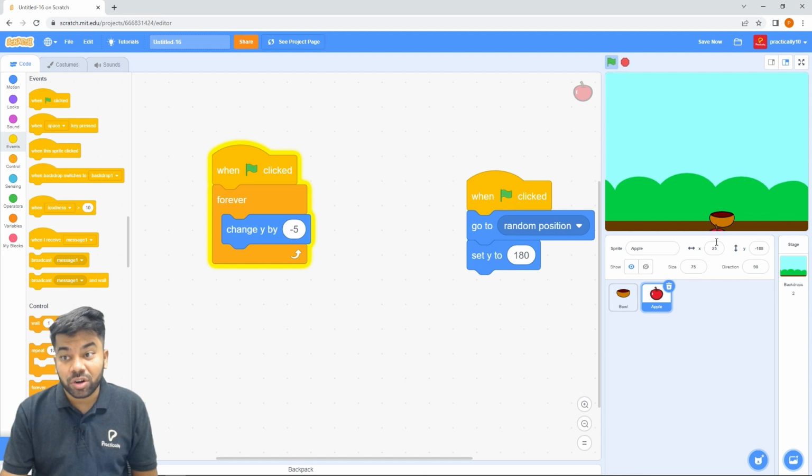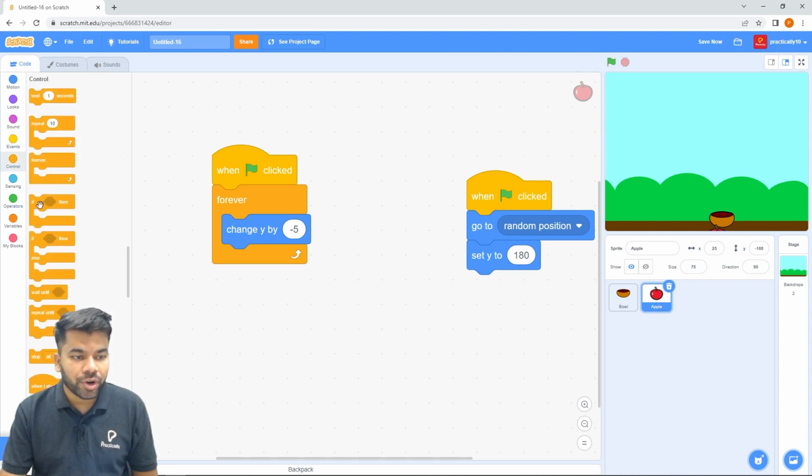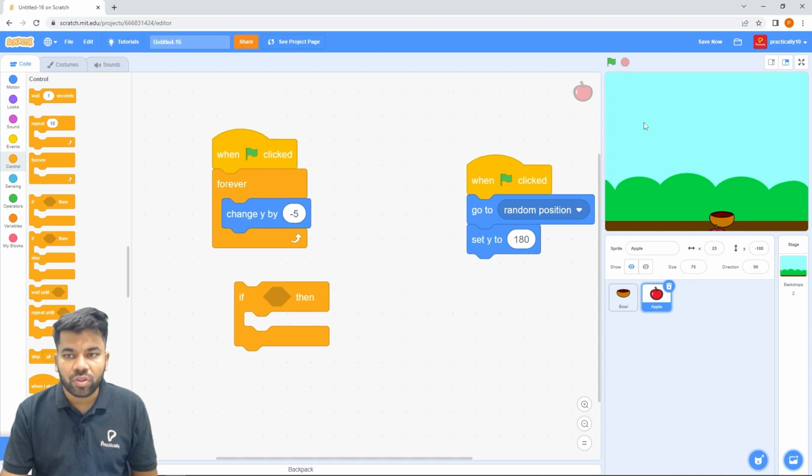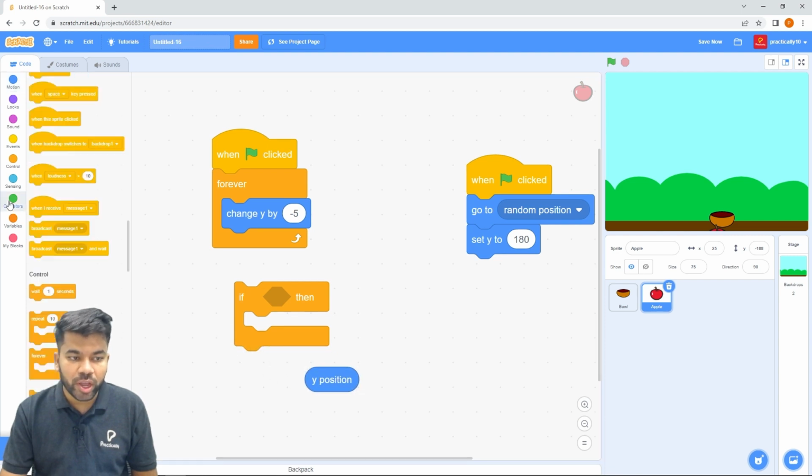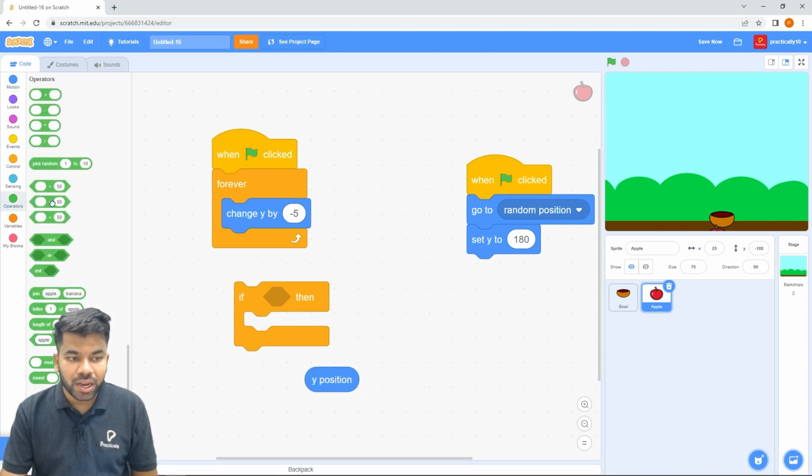So we want to start it once again from the top side. So what to do for this? Stop it, and go to the control, take one if block. This is the condition we are testing here. Whenever our apple is falling and reaching here, the position of the apple is -180. So if the y position of apple is less than